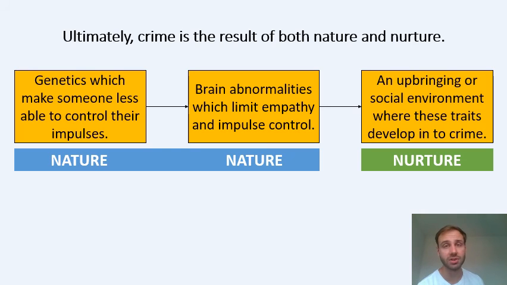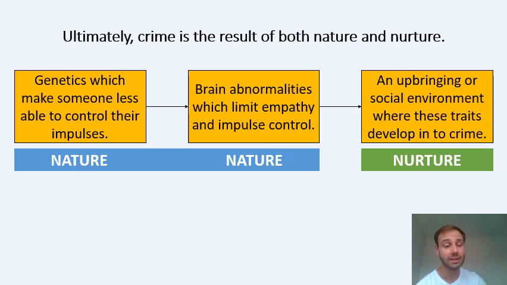Now, of course, we're not saying that every single person who commits a crime is because of lack of impulses. We're not saying that just even slightly, but we are making the argument that there seems to be a lot of links, a lot of commonality between genetics, psychological factors, both of which talk about a lack of impulse control, and then social factors which also feed into it as well. Okay, in the next few lessons we are going to look at those social factors that may lead people towards